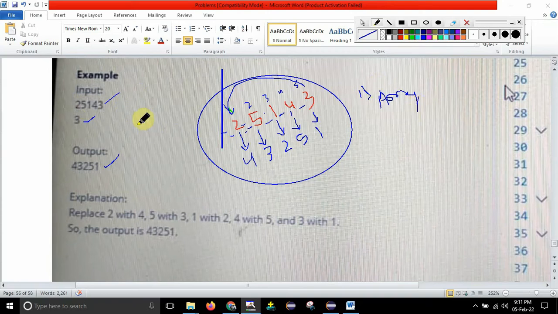And also I cannot convert directly to an array because, guys, I don't know how many elements are in this one, because it is the number 25143. By seeing I can say that 1, 2, 3, 4 and 5 digits are there, and I can take an array of size 5 and store all those elements. But how will the compiler know that 5 elements are there? It is not possible to do with the help of an array, because it is possible that they will give some other test case. Yes, hidden test cases will be there, so they will have some 10 numbers. Then you have created an array with a capacity of only 5, so it will not work. So here instead of an array we have to use an ArrayList, which is growable in size.